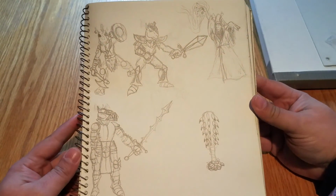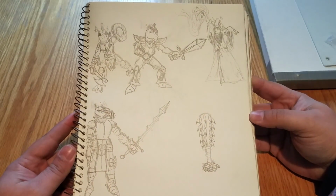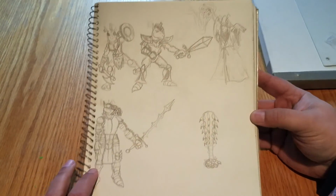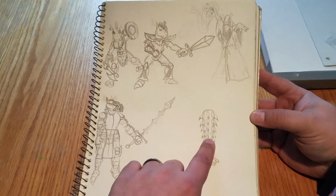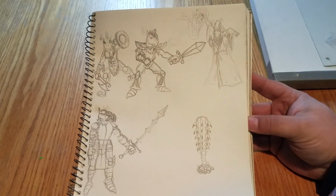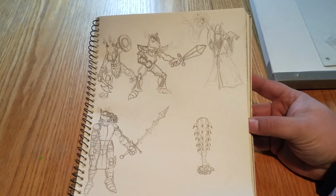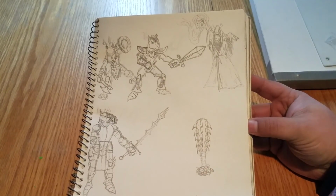Alright, so we've got some more Gelflings. I loved Gelflings, I guess. Yeah, so here's a Gelfling Barbarian, a Gelfling Knight, a Gelfling Wizard, maybe a Gelfling Paladin or something. And a weird club over here that's covered in teeth. Trying to think of something funny to say about this. Gelflings. Why was I so obsessed with Gelflings? Dark Crystal's a good movie and all, but wow. This is...